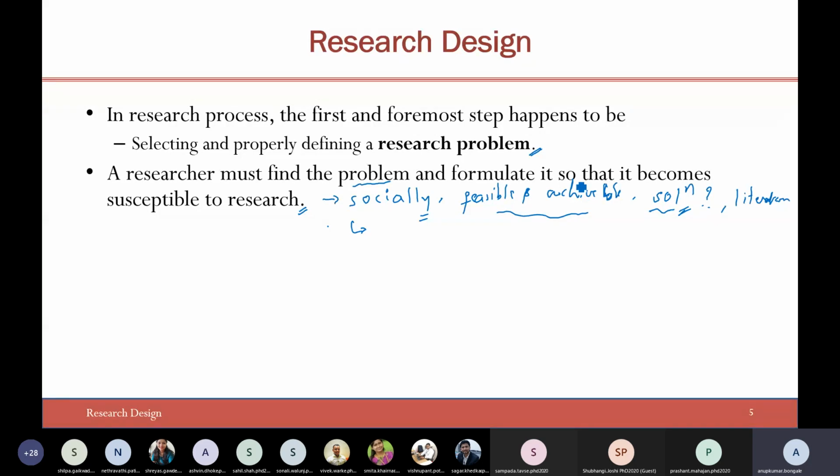Okay, so some kind of comparison analysis, maybe through mathematics or through deriving some postulates, you can do that. Yeah, of course. So I'm again expecting one more very important aspect. A researcher must find and formulate the problem so that it is susceptible to research. All these are valid answers, but one more important thing I would like to add is time limitation. You have a certain time limitation also, like within this fixed stipulated amount of time, will you be able to carry out this particular research or not? That is also a very important question to be answered.